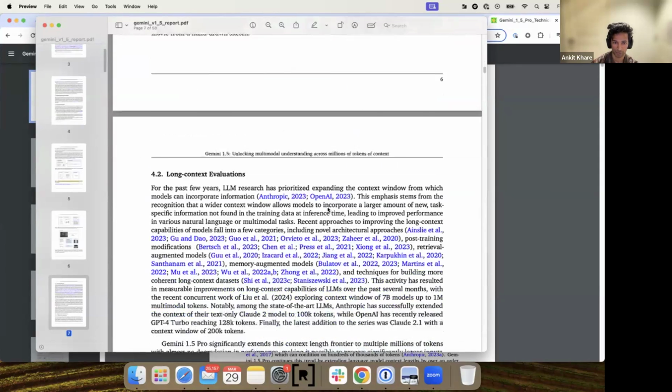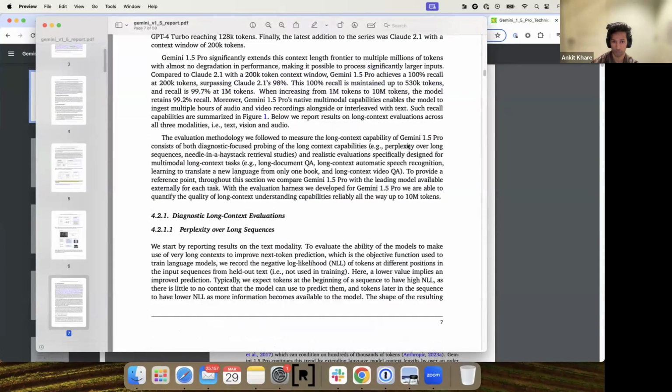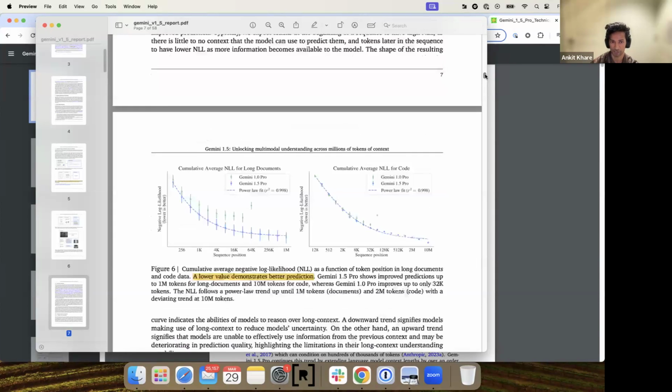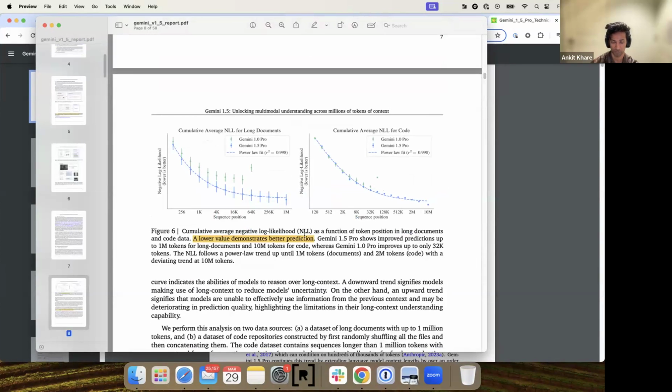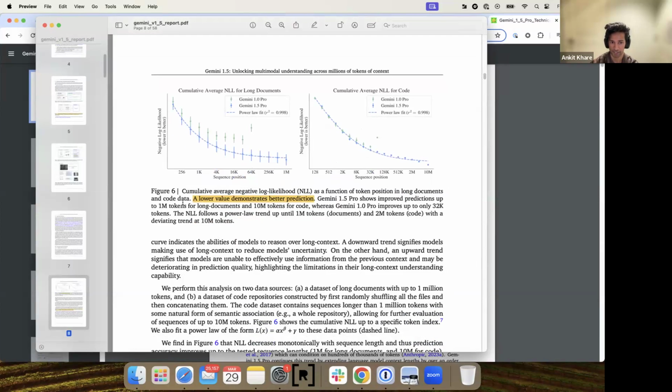Okay, let me go through some of the shortcomings of this model, because it's important to also discuss some of the downsides of this model. But before that, let me quickly add one thing that is also very cool about it. So Gemini, if you see here, this negative log likelihood is decreasing with the number of tokens that we are providing Gemini, which means